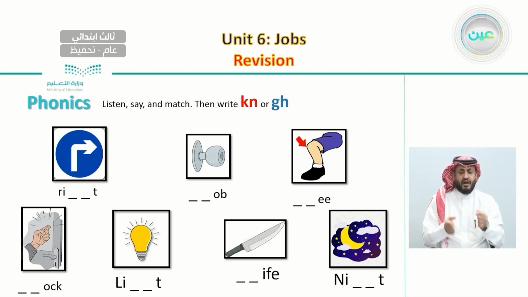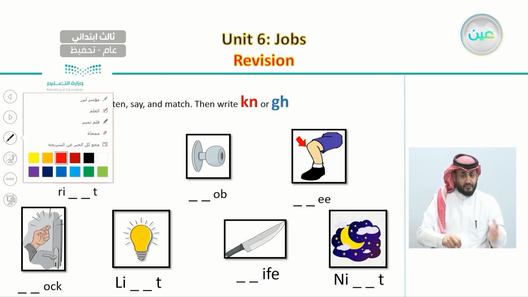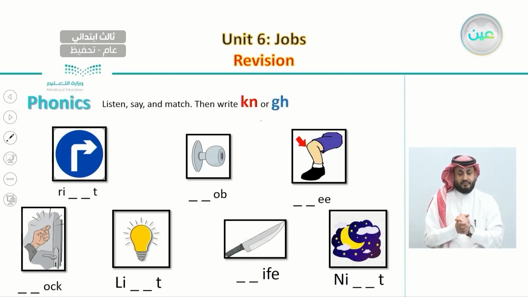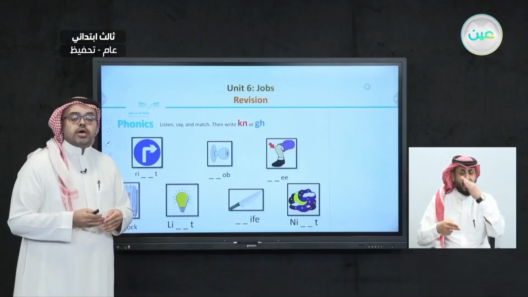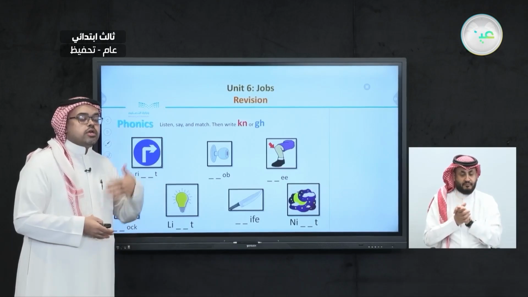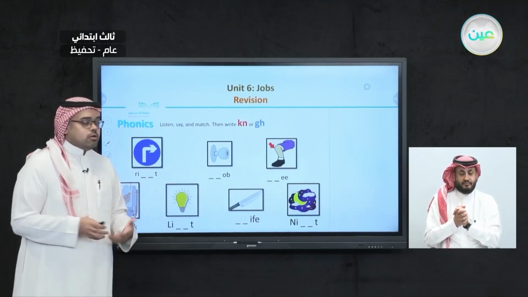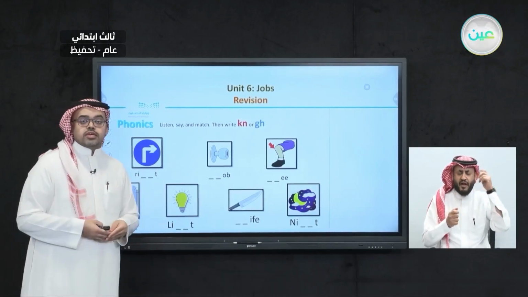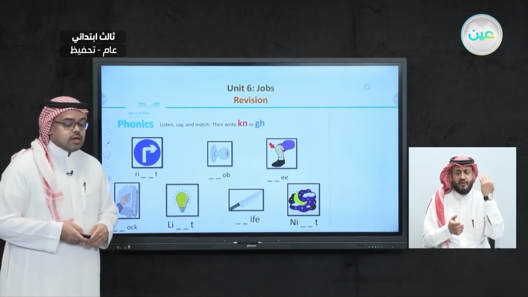Before we start, a quick revision on our last lesson. In our last lesson, we talked about words where we can see these letters: K and N, and G and H. Even when we write these letters in these words, we are not necessarily going to pronounce them. Here is a reminder of some of the examples that we learned last time,